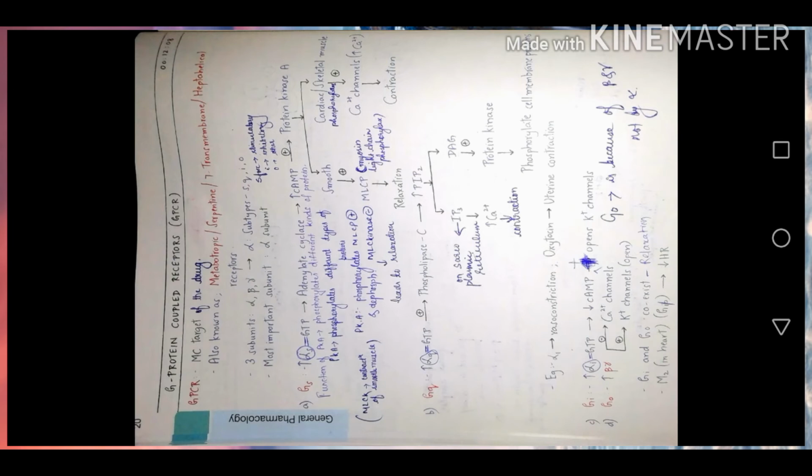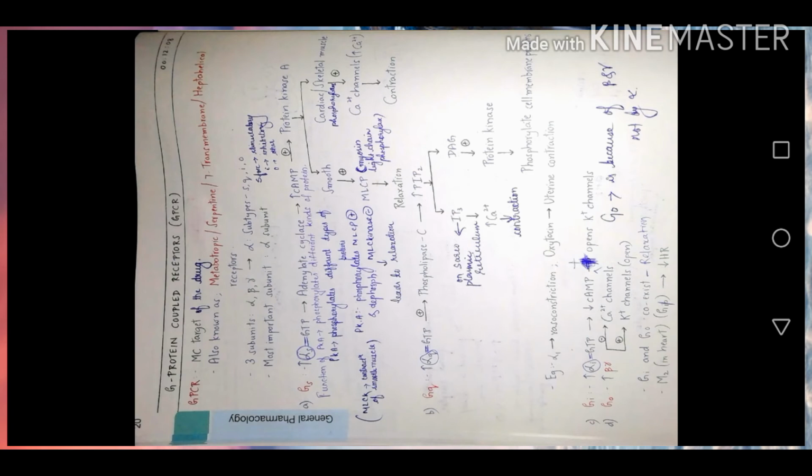Try to correlate this with smooth muscle, cardiac and skeletal muscle. Okay, right, fine. Next is the Gq subtype of receptor. When you stimulate the Gq subtype of receptor, it increases alpha q GTP, which activates an enzyme known as phospholipase C. Phospholipase C will cleave the phosphatidylinositol diphosphate. Sorry, it increases the phosphatidylinositol diphosphate. Phosphatidylinositol diphosphate will cleave into inositol triphosphate and diacylglycerol.